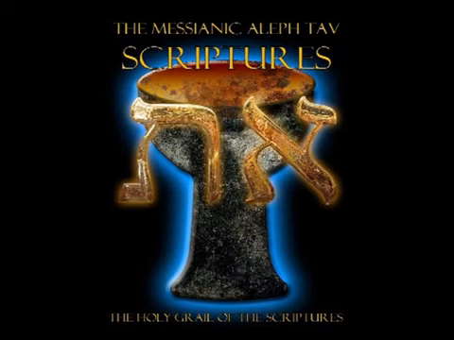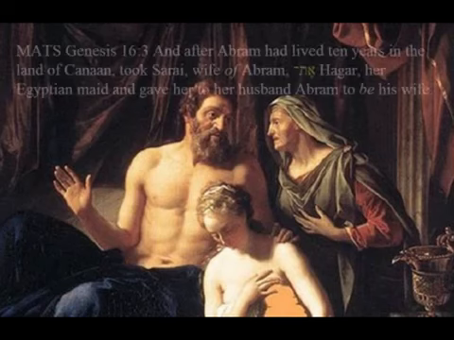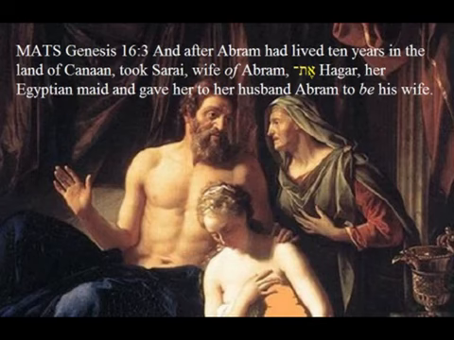But one possible exception to this I found concerning Hagar, Abraham's wife, Sarah's handmaid. Now let me set the stage. Amazingly, the only time an AlephTav appears in front of Hagar's name is when she is given to Abraham as a wife to produce an offspring in Genesis 16:3, which states, "And after Abram had lived 10 years in the land of Canaan, Sarai, wife of Abram, took AlephTav, Hagar, her Egyptian maid, and gave her to her husband Abram to be his